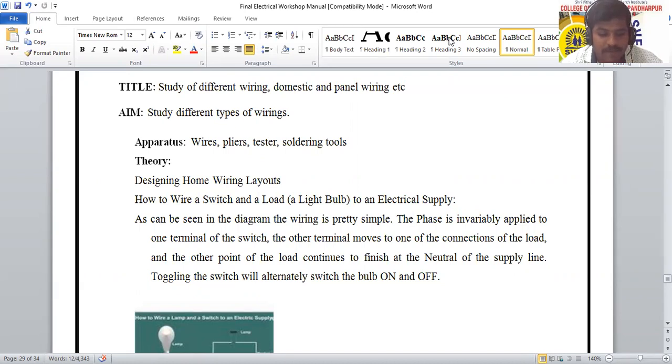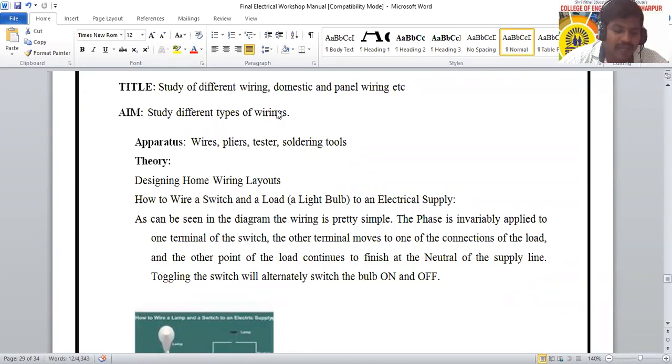We want to control the fan, as well as control the bulb, then by controlling a lamp, or the load, or a socket or 3-pin plug. So for that, this simple type of wiring can be done. Okay, now